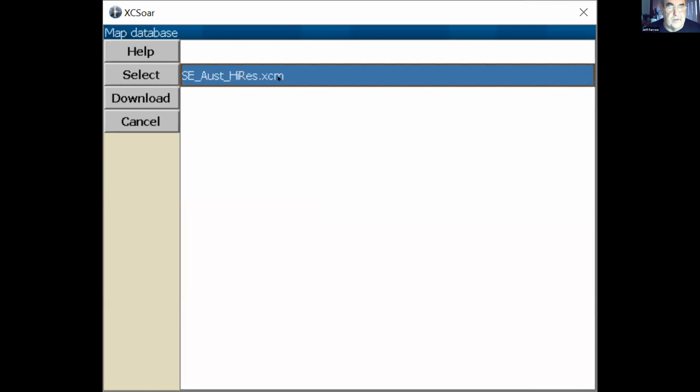If you change the extension to zip, you can open it with any zip program and have a look at what's inside. Sometimes when you download it, some browsers will convert it to a zip file and save it as a zip file. Again, if it does that, just change it to XCM and it'll work fine.